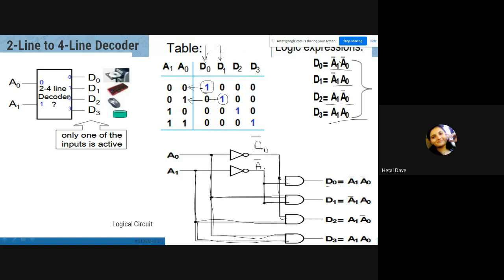Now what is your task? You will take out your pen and book. You will write the truth table in your book and you will make this circuit in your book. Whenever you are going to make a lab manual, at that time you will take a photo of your book work of truth table and the logic circuit. This photo should be taken from your book work and you need to paste it in your lab manual. Once all this is done, then you will open the virtual kit.